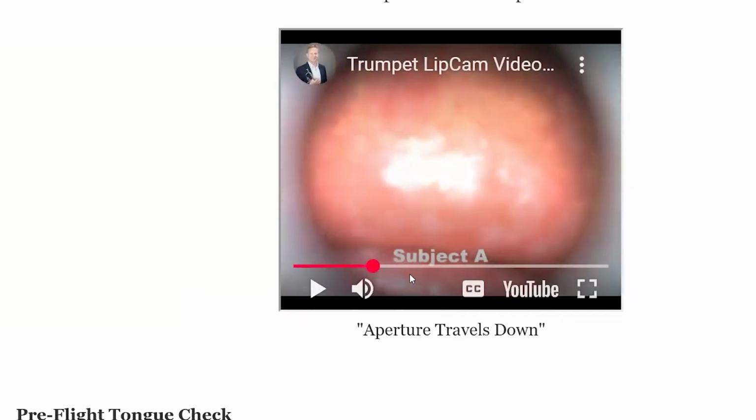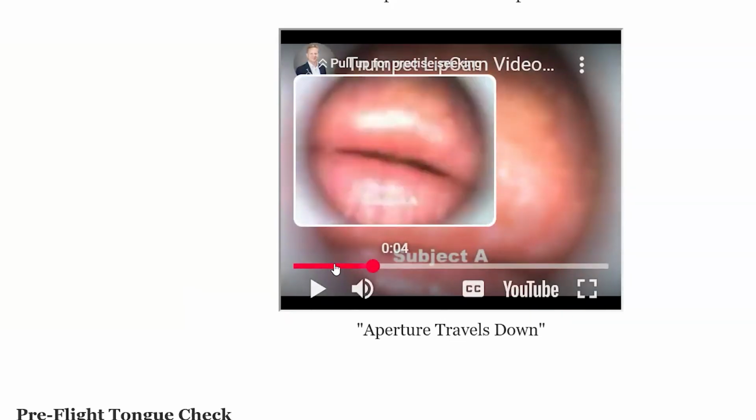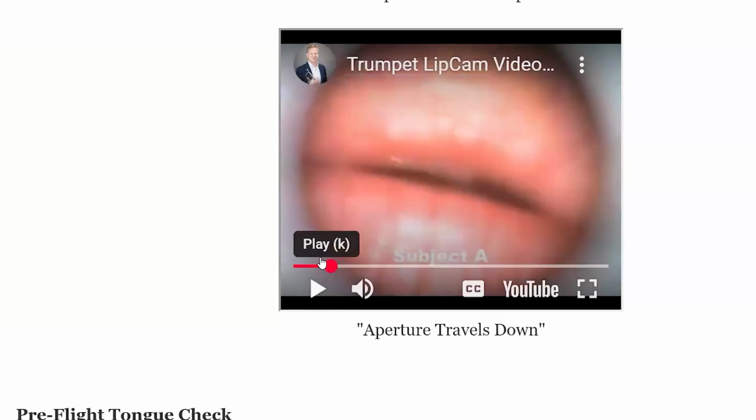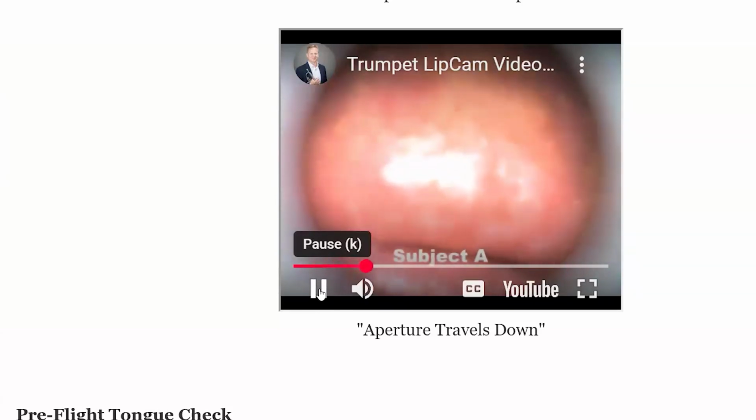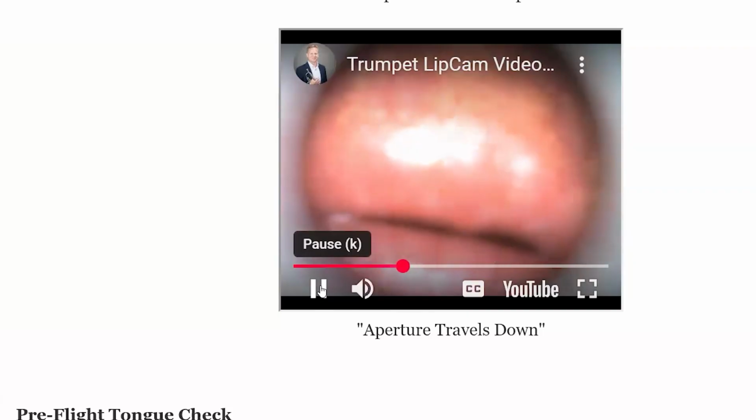That was pretty dramatic. That was more dramatic in terms of how much motion. If you go here at the beginning, they start more or less in a central location. What is that? 60-40, 50-50. It's pretty close in the middle. But once they ascend, they are no longer playing in the middle. The aperture has traveled down a lot. But this player has excellent